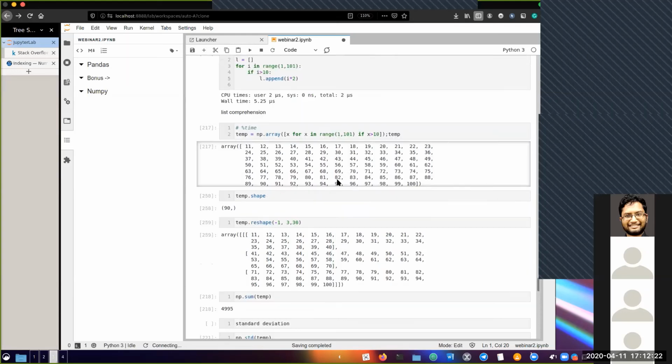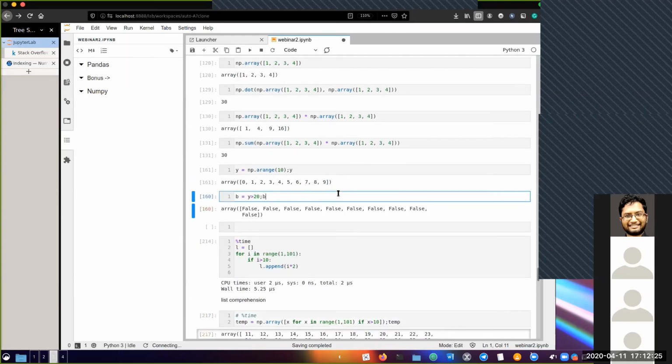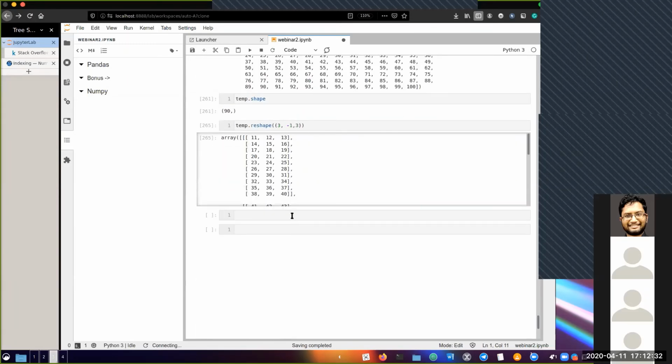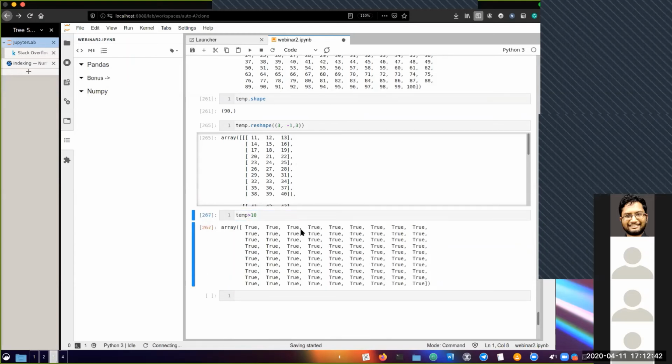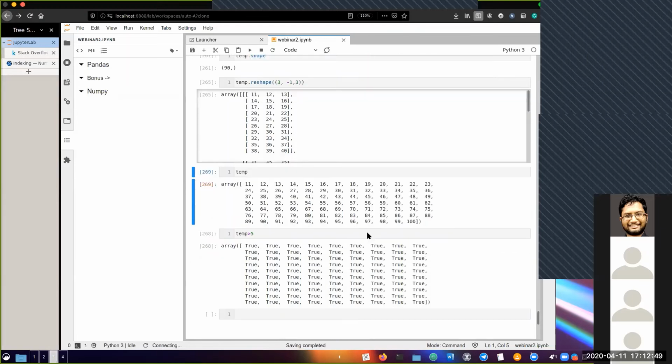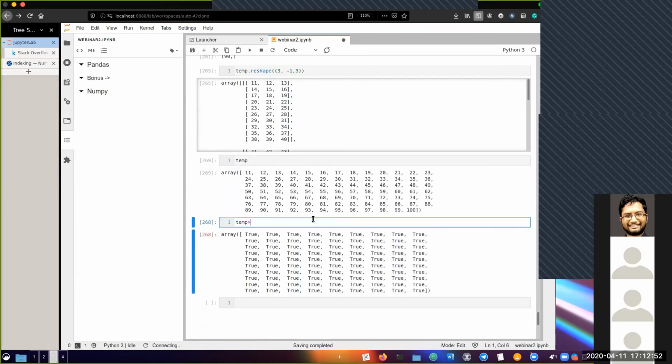Lastly, okay, Zoom is running out of it again. The last thing I have left before I move on to the challenge is this. If I want to check for a condition throughout the array, so remember the part where I used to do temp plus 1 and it gives me the result. Likewise, I can also do temp greater than, say, 10. So maybe let's take 5. If you see, all my values in temp should be greater than 5. That's already there. How about let's take temp greater than 15. If you see, the first few are not greater than 15.